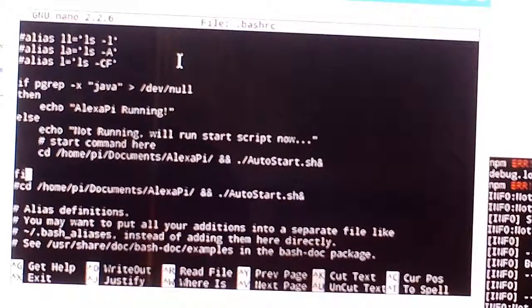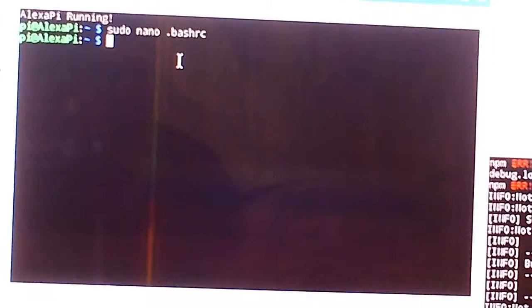That's the only bit you need. The rest is in comments. It's for trial and error earlier. So anyway, once that's in there, Control X, you'll need to push Y to save, and then you do a sudo reboot. Now that will basically restart, and you can check from the start the behaviour, how